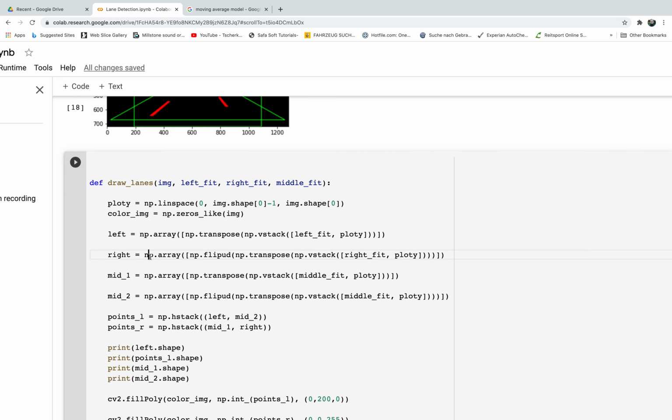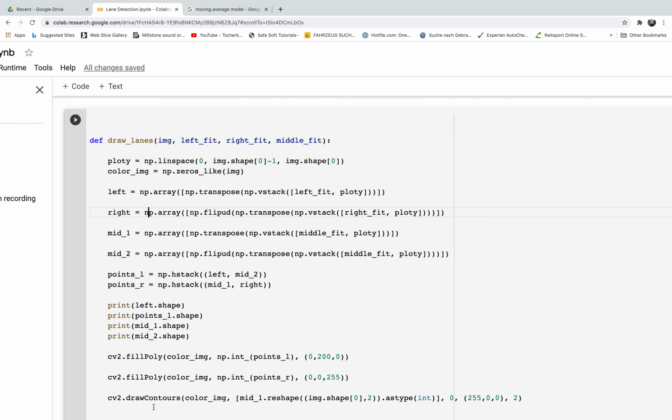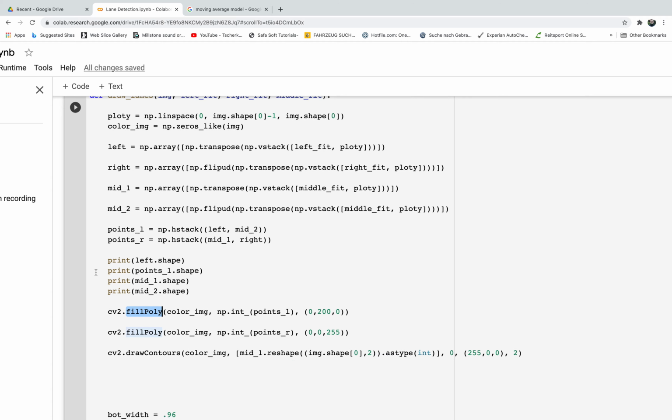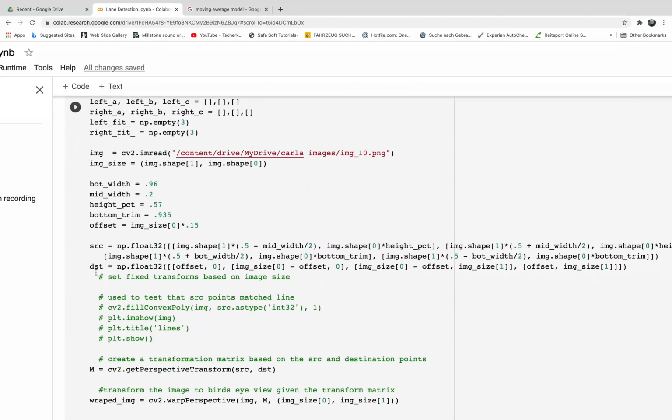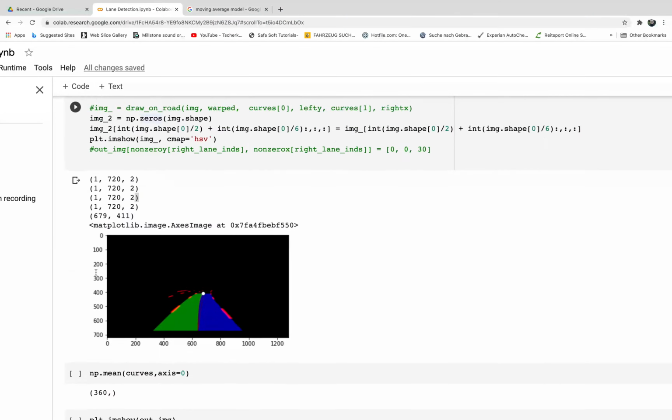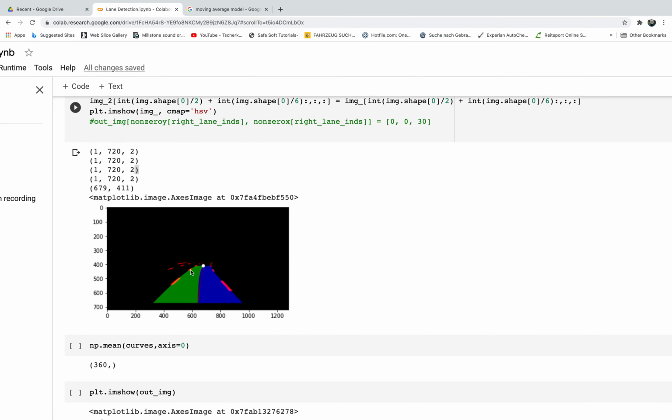What is the goal of these 4 arrays? At the end we are calling a function called fillPoly, and the idea of it is to first draw this polygon,